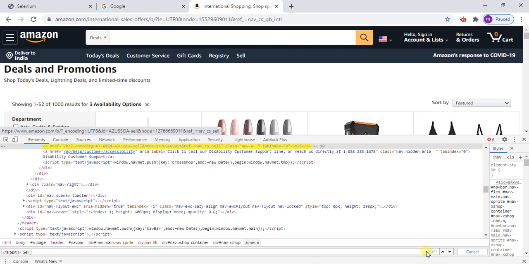This is one of one. Like that you have to identify the text function.